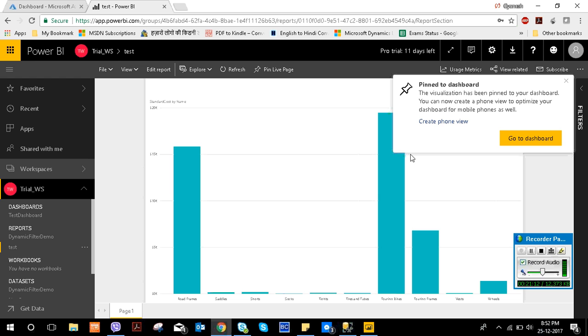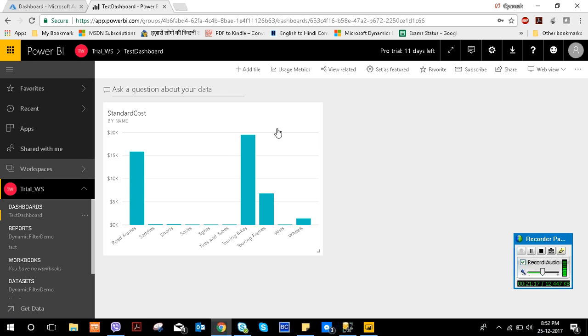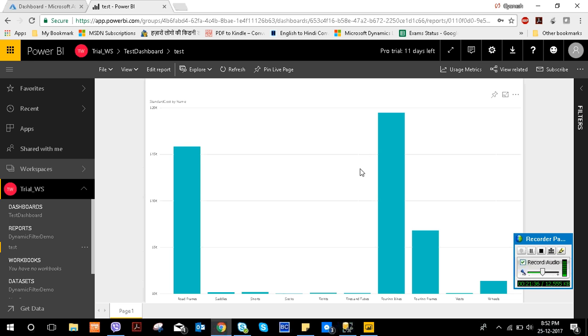Now when you click on go to dashboard, you can see that the report is available on my dashboard now with all the information. So whatever information you want to check, you can check. But understand one thing which is very important. This is only read only. It means you will not be able to modify anything, right? For modifying, you need to use this report area only. So this is how you will be able to create a report by using SQL Azure.